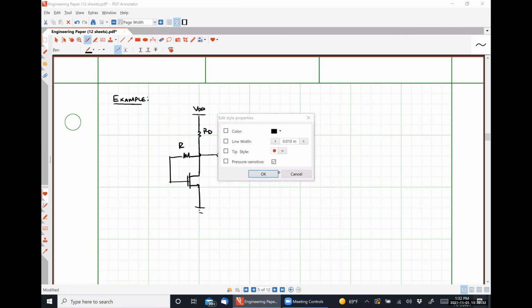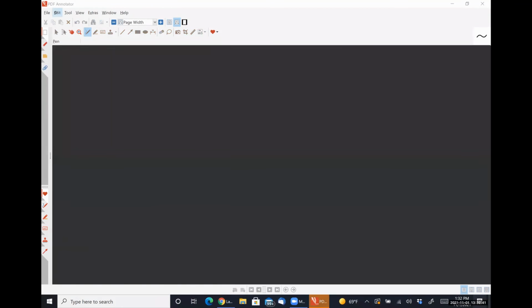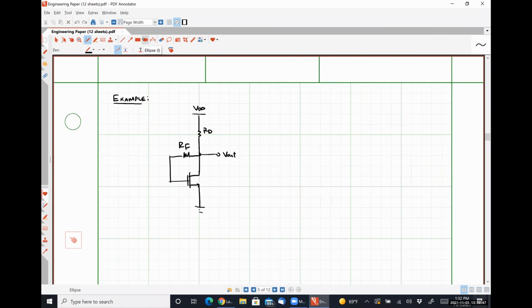We have some feedback resistor, RF. I'm going to need to save this and restart. And here is where my input signal is taken. And again, we're going to look for VN, our input referred noise voltage, and input referred noise current, assuming that